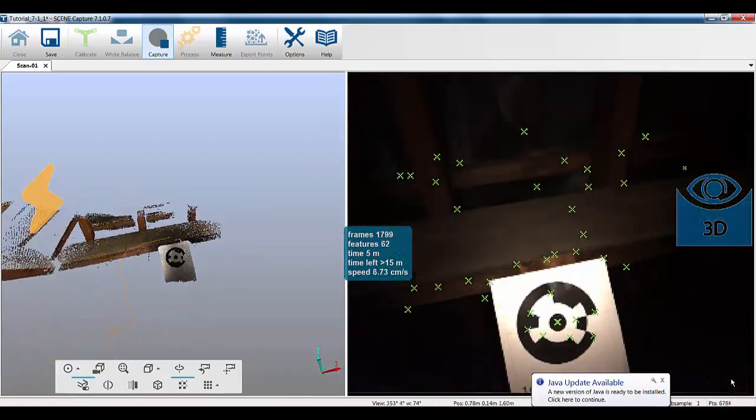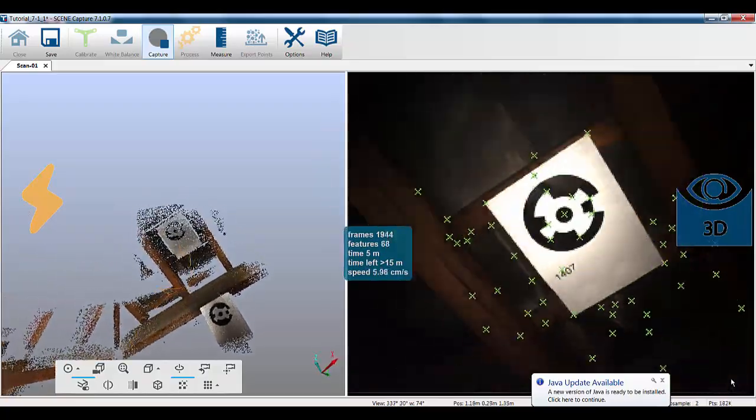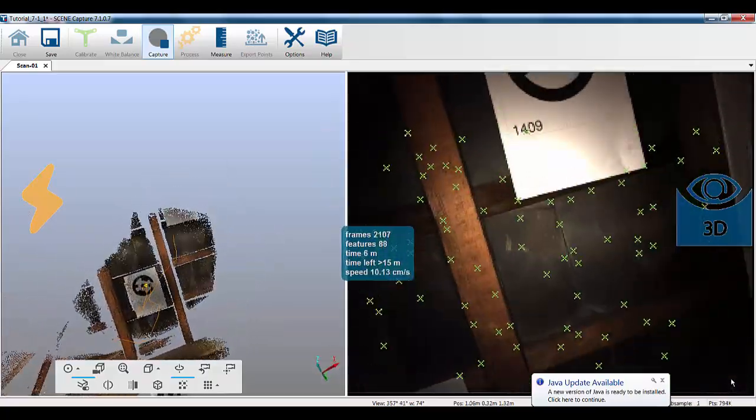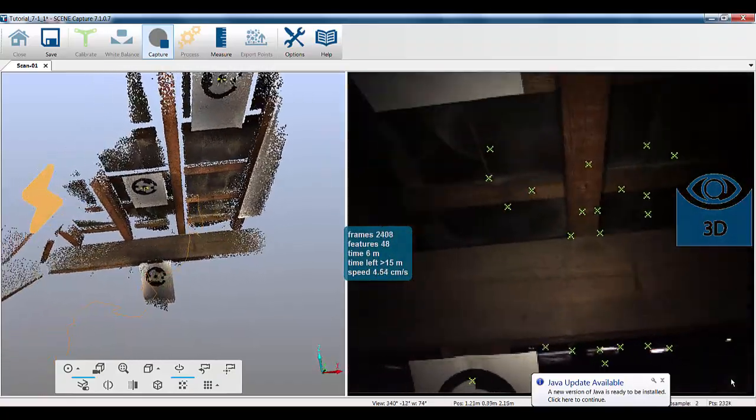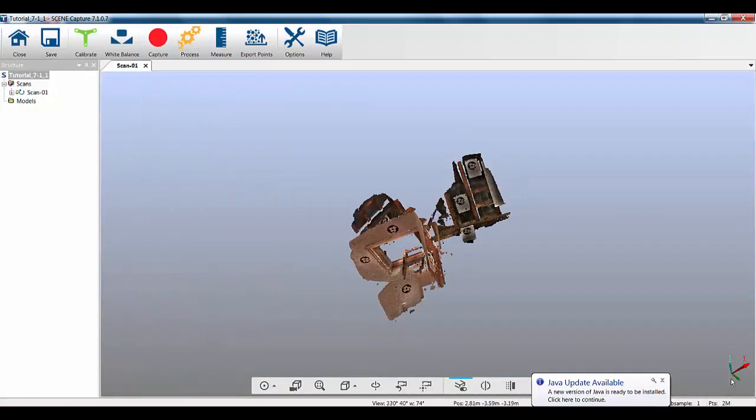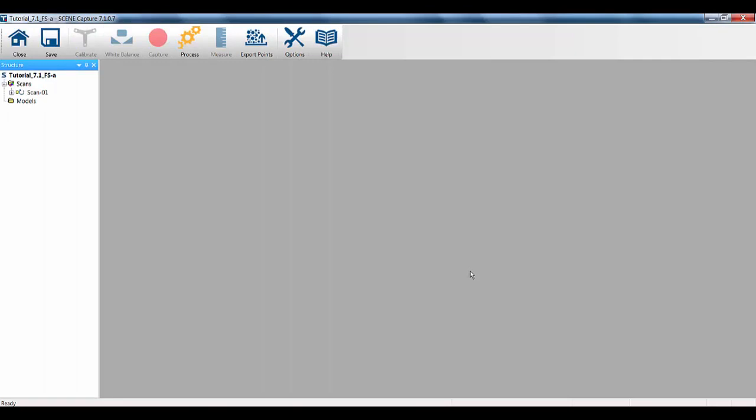move into the hatch. For the purposes of this video, I'm actually going to speed up the scanning with the Freestyle to get it done a lot faster rather than having to sit and watch me scan into a loft space. Now the scanning is complete, you can see here in Scene Capture we've got a single scan